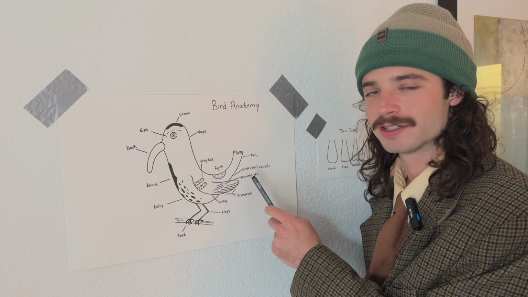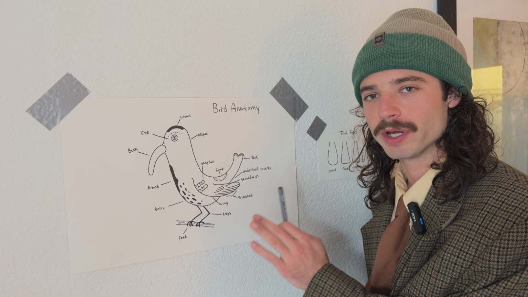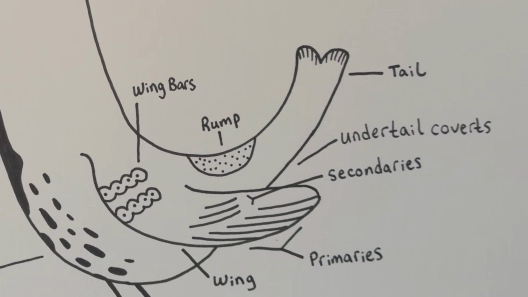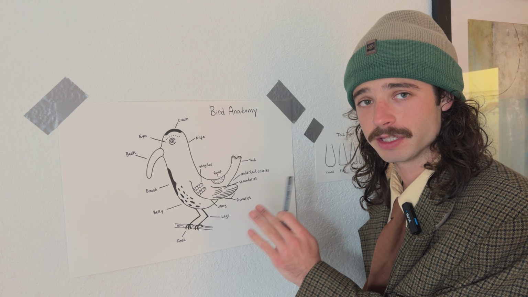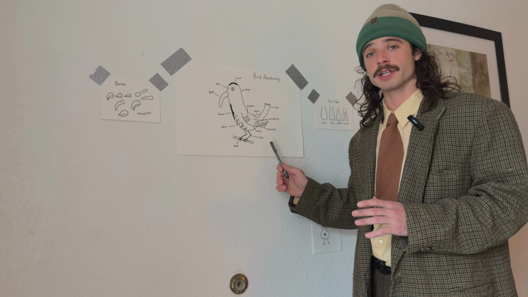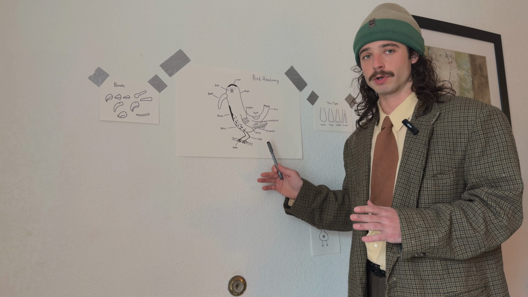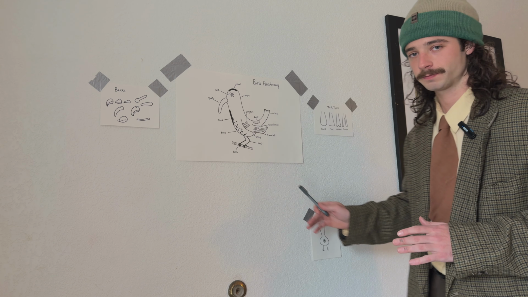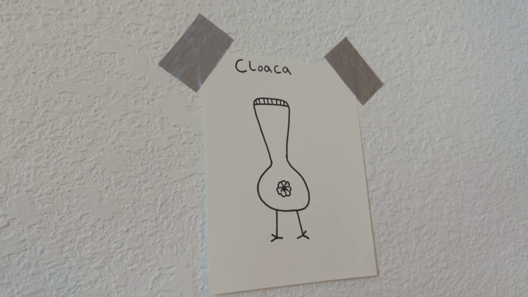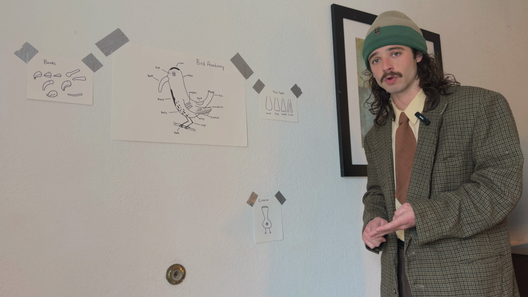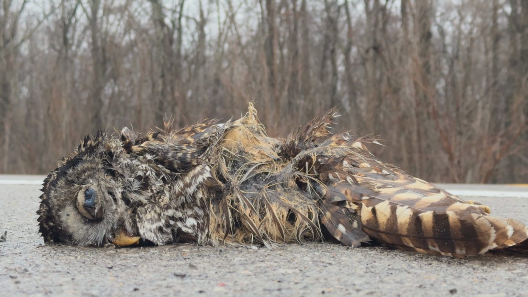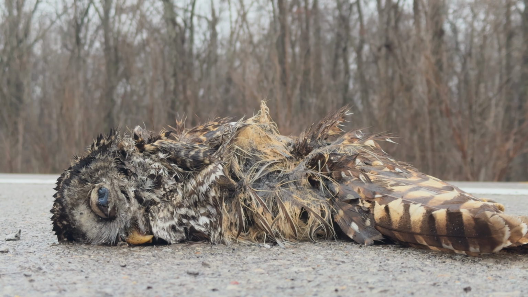Now, one subtle piece of bird anatomy that can be used to identify a bird is right here. The undertail coverts, which are located under the tail. Now, if you're using these to identify a bird, you're in very deep. Not displayed on this diagram is my favorite piece of bird anatomy, the cloaca. Now, birds shit, piss, fuck, and birth out of the same hole. That's efficiency.